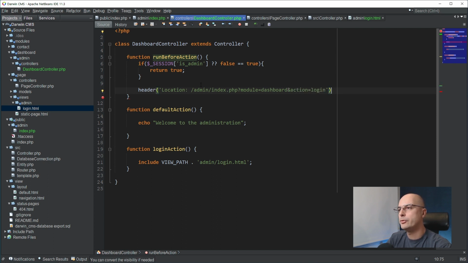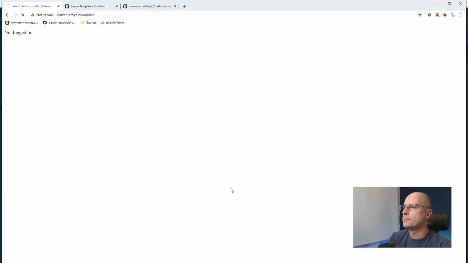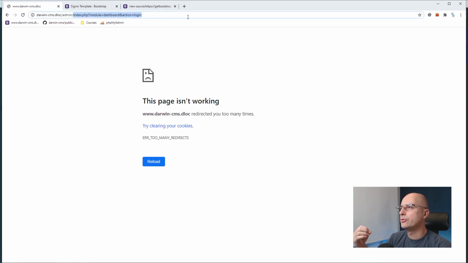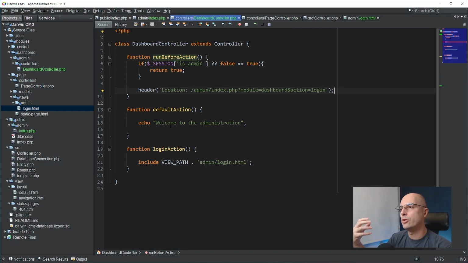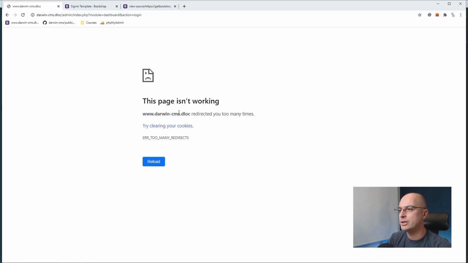We can make a separate module for this login functionality, but we don't need to make it more complex than it is. And here we can see that the redirect is actually being done. Now we can see that there are too many redirects, and what is happening is that before running this login action, we are redirecting to the login action, and then before reaching the login action, we are again running this run before action. So we have an infinite loop here,